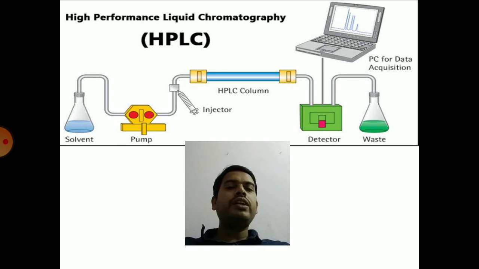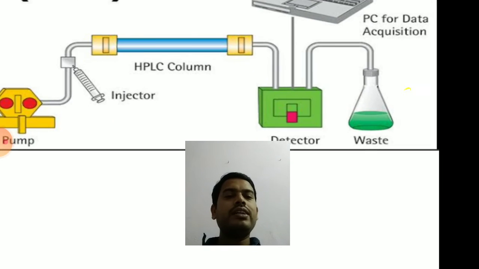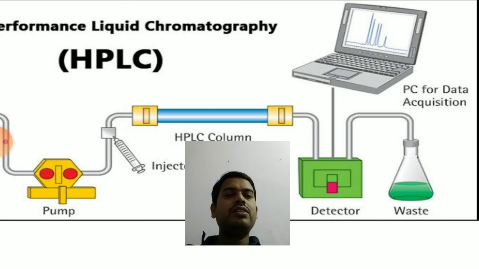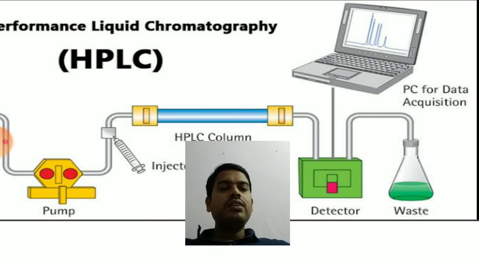With the help of this solvent and pressure pump, the solute particles will be separated, and when they are separated, you get high resolution. You can clearly see the peaks in the computer system there. The detector detects the purity of the solute particle. There won't be any broadening of the peaks; the peaks will be very sharp. That means the sample eluted from the column will be highly pure, so the resolution will be more.